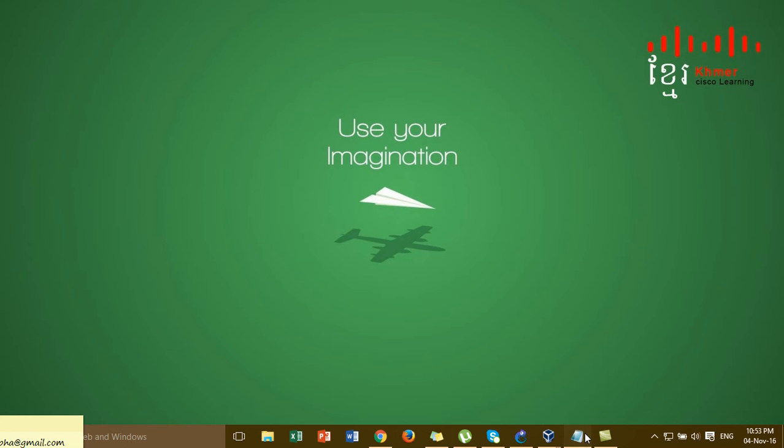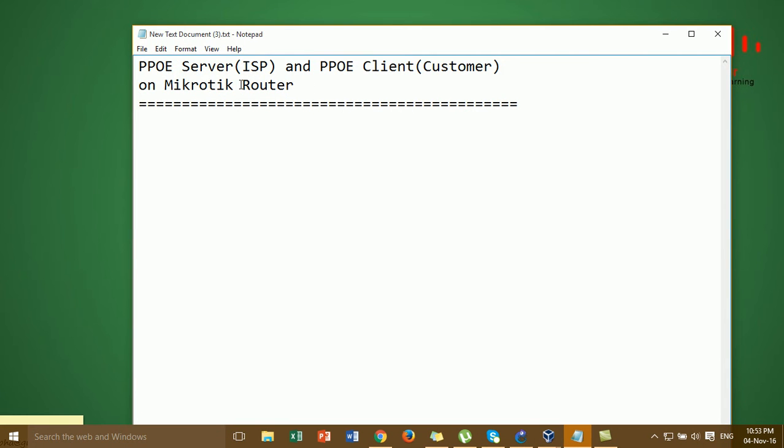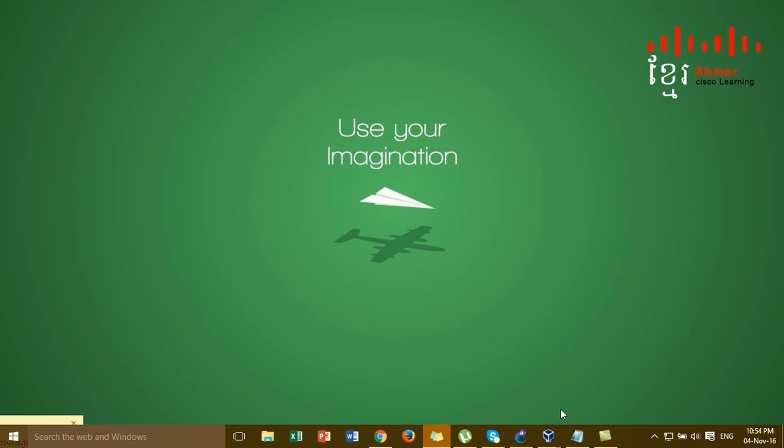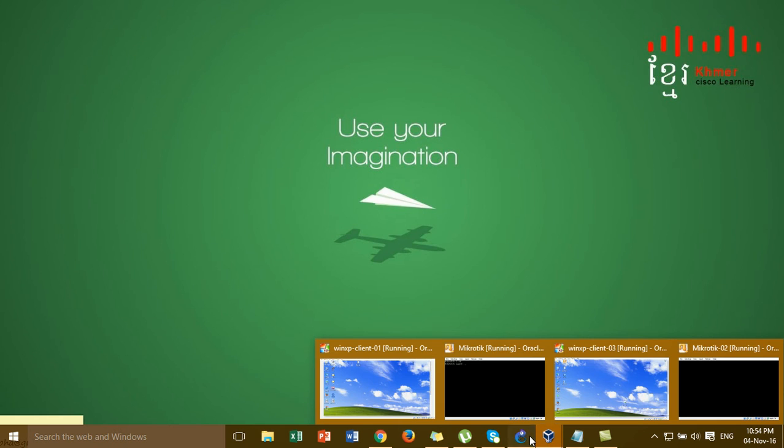Hey, hi everyone. Today I'm going to show you how to configure PPPoE server and PPPoE client on the Mikrotik router. Okay, this video is very important. I want to show you the technique the ISP uses to create the username and password PPPoE provided to the customer for access to the internet. Then I'm going to the lab to show you clearly how to